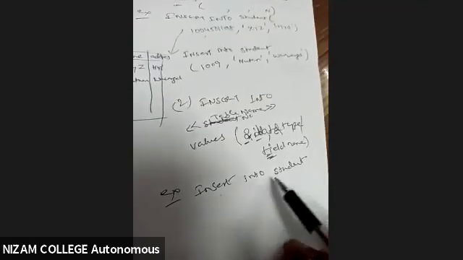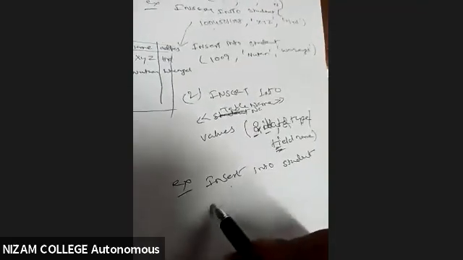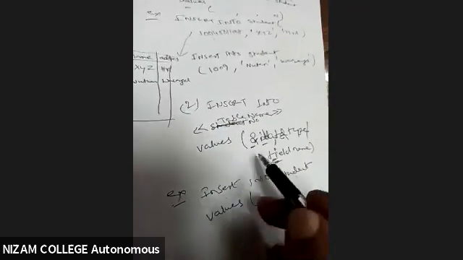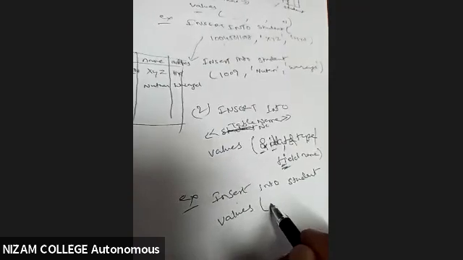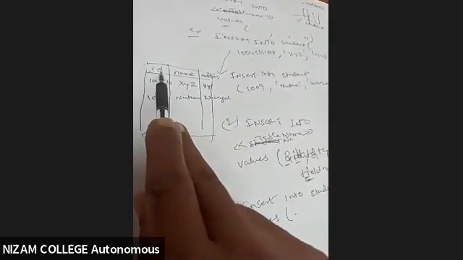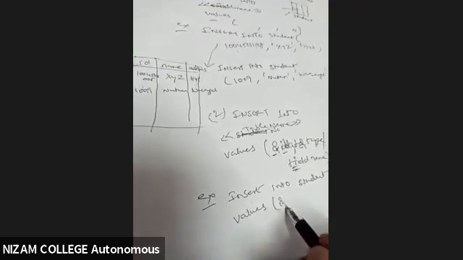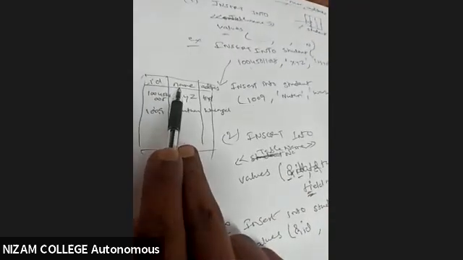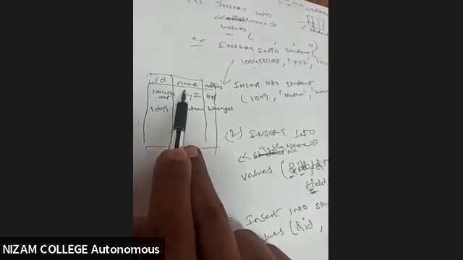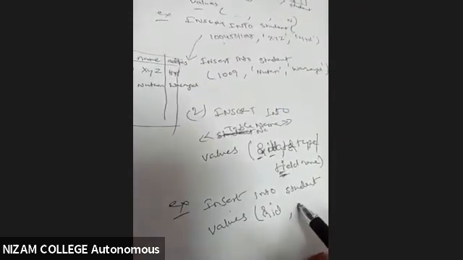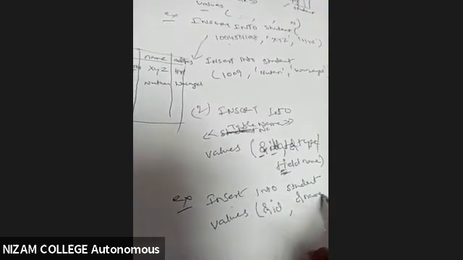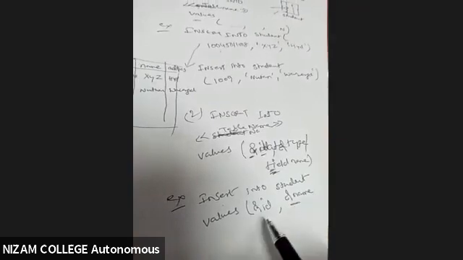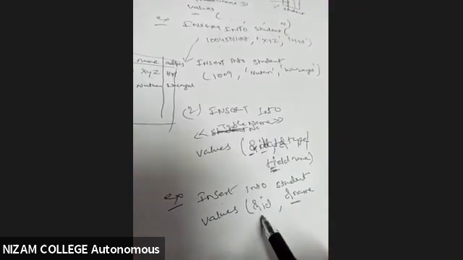So insert into student, then I'll be saying the values. Now what is the data type? My first field, if you remember, of my structure is ID. So I'll be saying ampersand ID. The next field of my table is what? Name. So again I'll be saying ampersand name. But whether it's an integer or a character, this is an integer, so we are not writing anything over here.